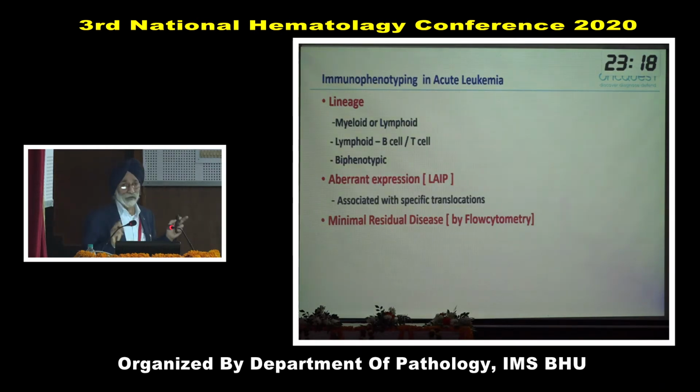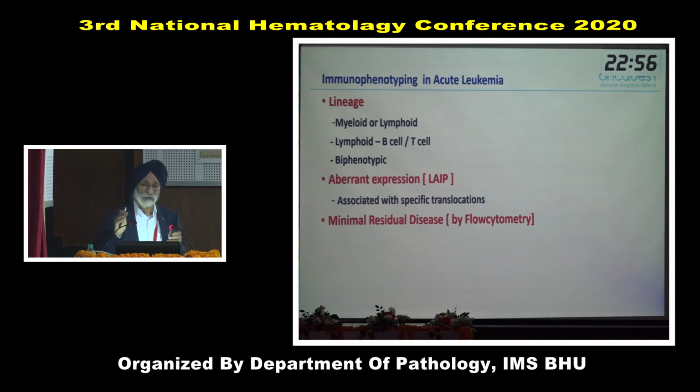So what is the idea of doing immunophenotyping? First is the lineage, myeloid or lymphoid, B or T. And then there are a few cases which turn out to be biphenotypic. Not rare, but you come across them. And then the aberrant expression. Aberrant expression means it is AML,